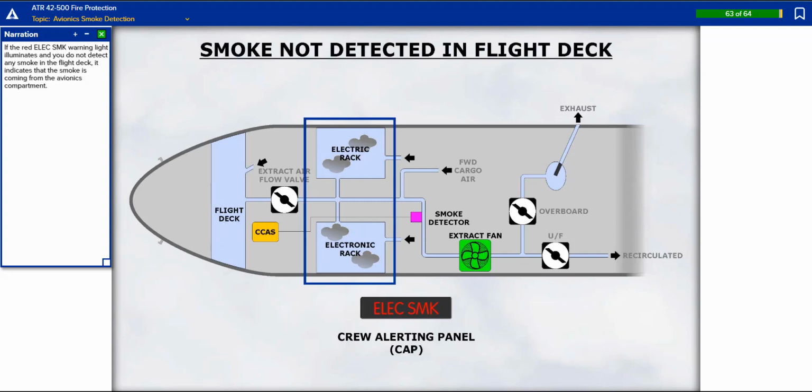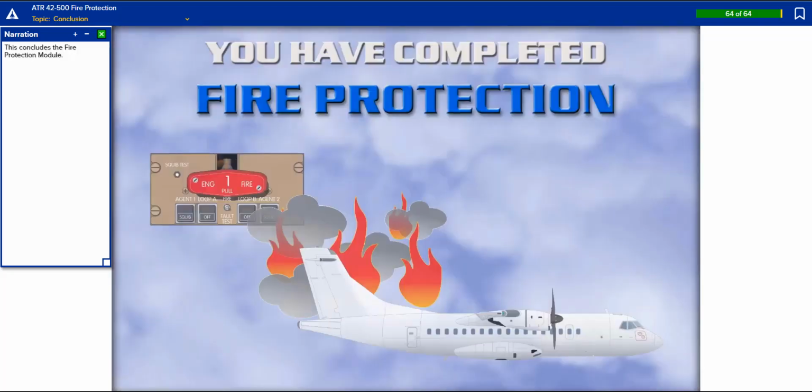If the red electric smoke warning light illuminates and you do not detect any smoke in the flight deck, it indicates that the smoke is coming from the avionics compartment. This concludes the fire